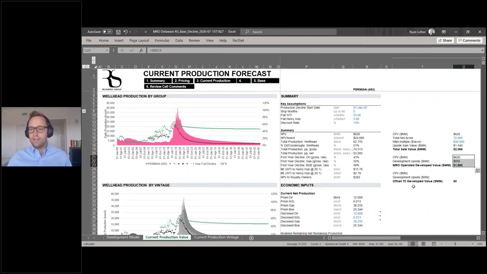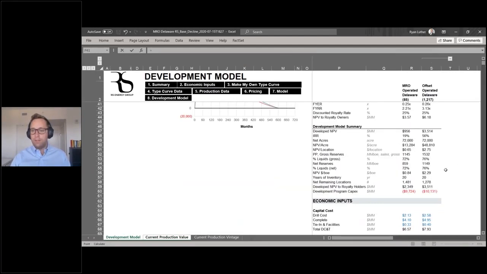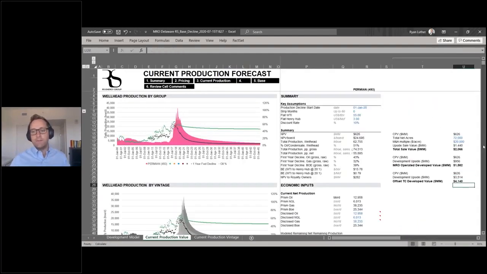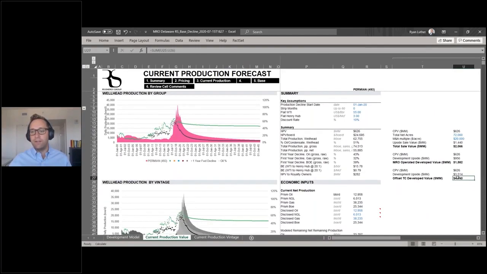And so going back to this summary here, we can again compare what the total value is. $600 million for the PDP and $3.5 billion for the upside development. So we're getting about $4 billion of asset value. So yes, they could sell it. That's probably better than what they're doing if they just develop it as is. But they could actually change the way that they're operating this asset, and there would be a very material uplift